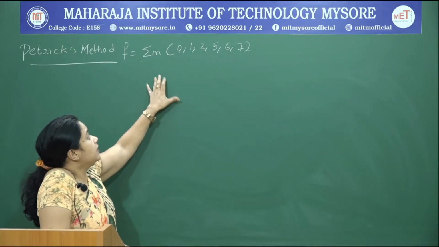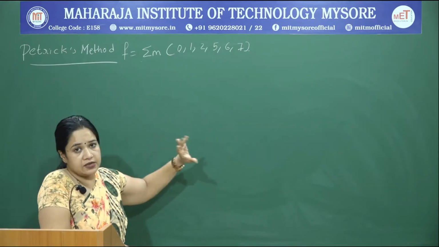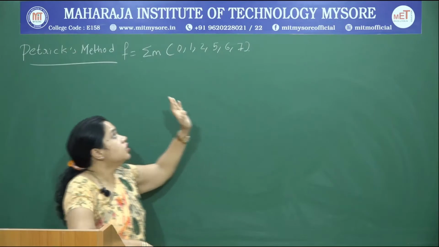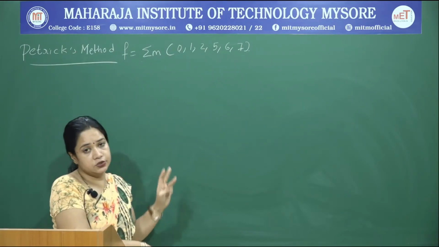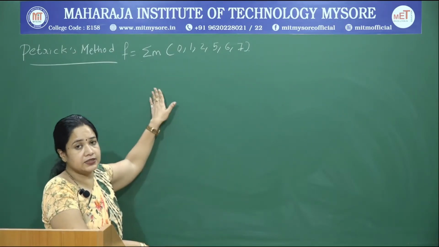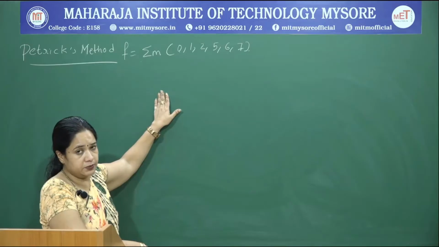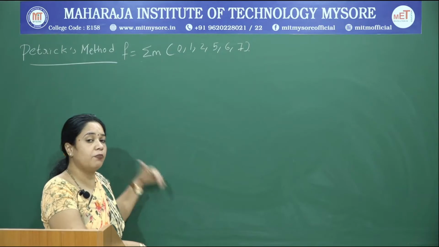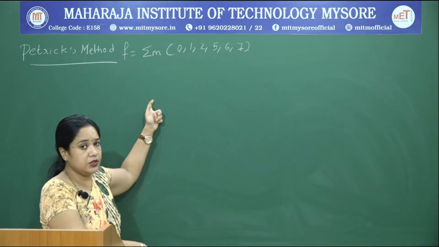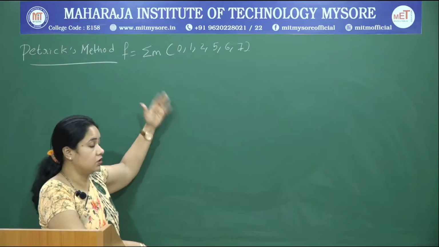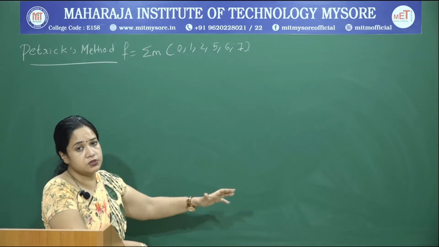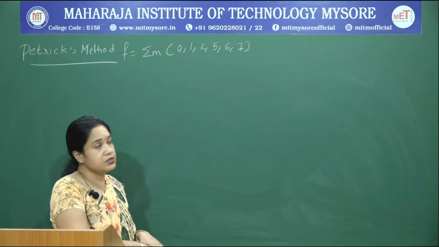Wherein we have minterms 0, 1, 2, 5, 6 and 7, and you can notice the maximum minterm is 7. So, this can be represented using only 3 variables. This is an example of a 3 variable expression. We will first apply the Quine-McCluskey method and later see how Petrick's method can be applied to the solution obtained from Quine-McCluskey to get all possible solutions. Once we have all possible solutions, we will try to identify the minimal solutions.